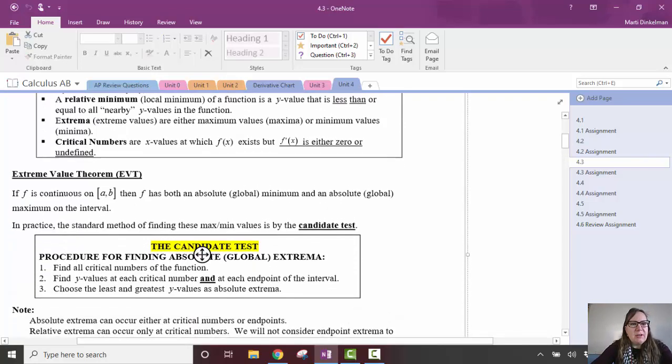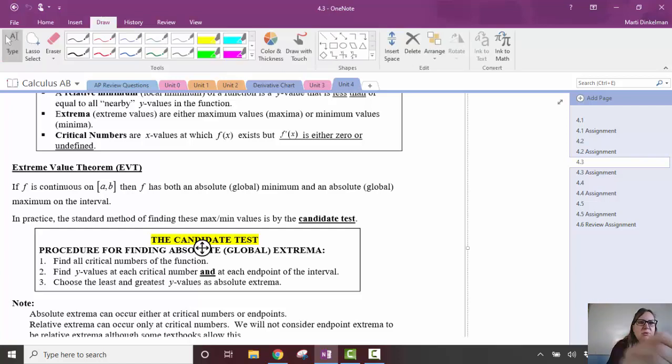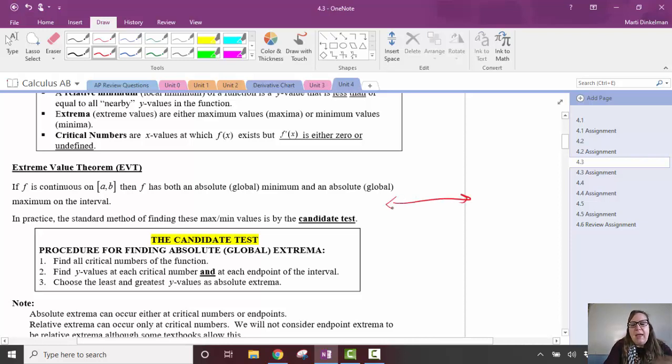So first here, there's a theorem, the extreme value theorem. So we have a continuous function f on a closed interval. So we have to know that a and b exist at the end of this. That it has both a minimum and a maximum. And I just like to always mention in this particular case that even the function that's just a horizontal line has a minimum and a maximum. It happens to be the same thing, but that is a continuous function,